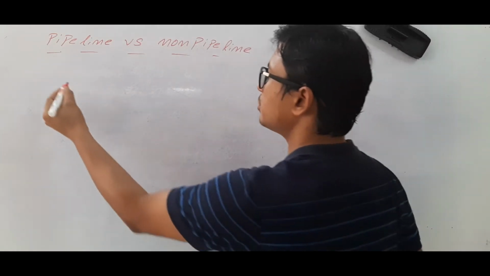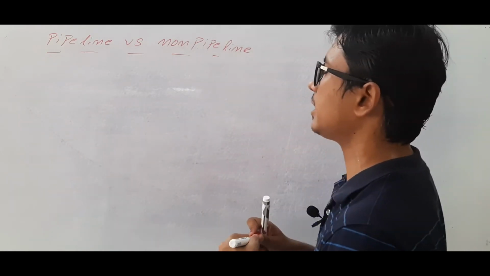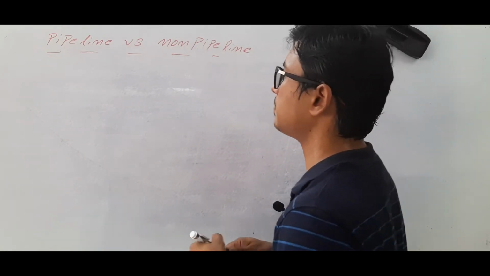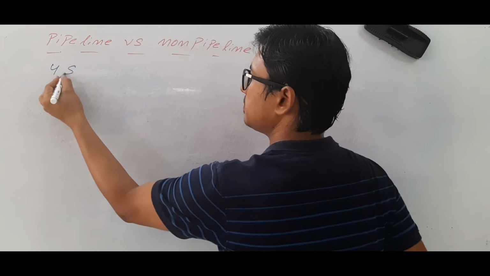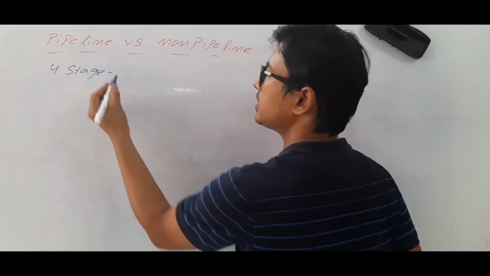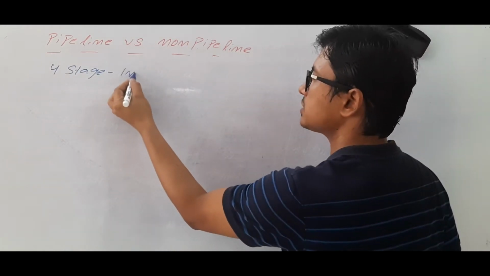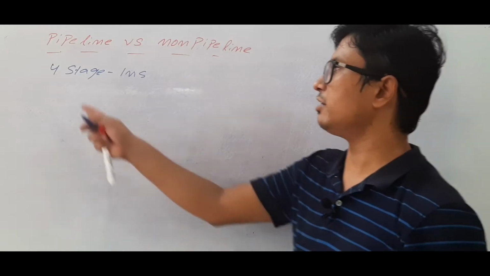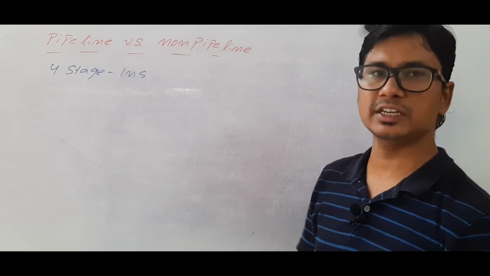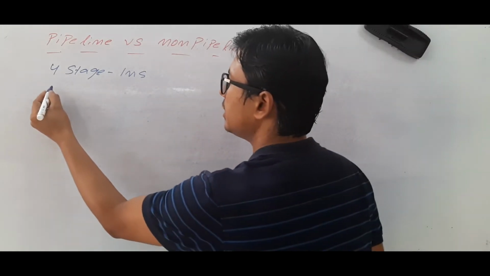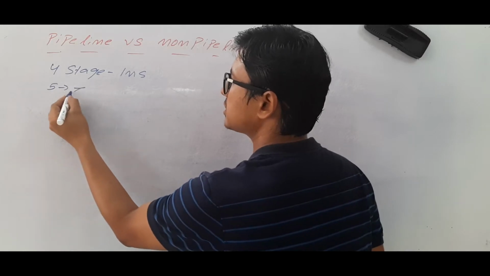I have a four-stage pipeline, and each stage will take 1 nanosecond. I'm taking four stages and each stage will take 1 nanosecond. If I want to execute 5 instructions,